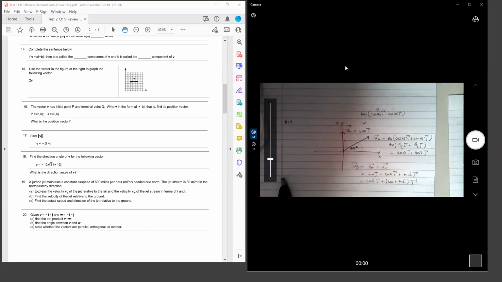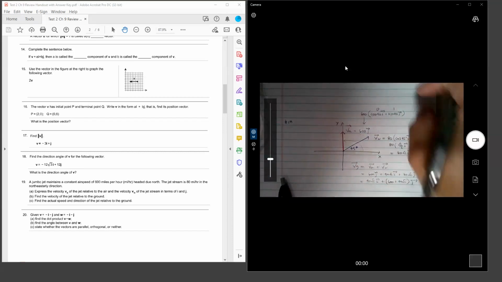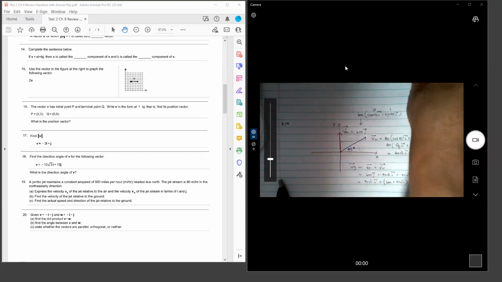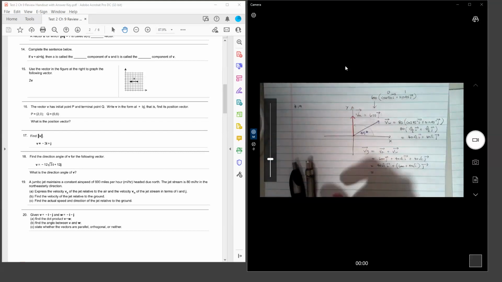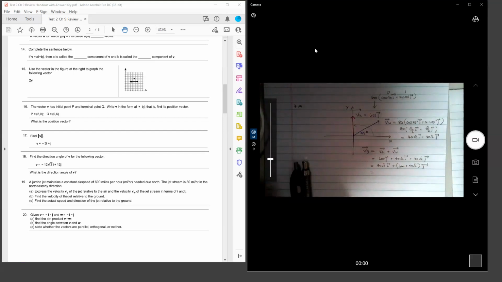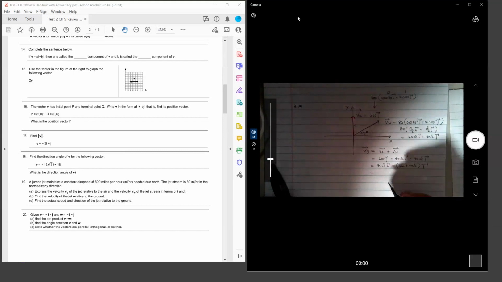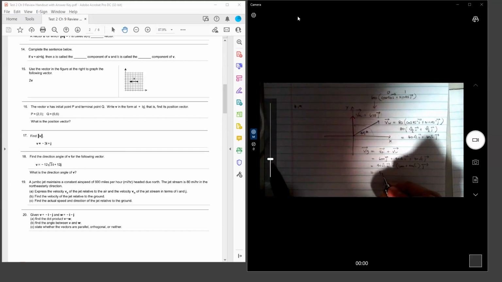There it is. And maybe we could give ourselves some decimal approximations to make this look a little bit nicer. So I'm going to use the calculator here for this. All right, so 40 times the square root of 2. I'm going to go to one decimal place. I'm going to put 56.6 i